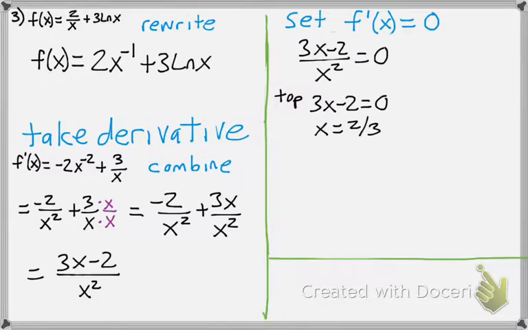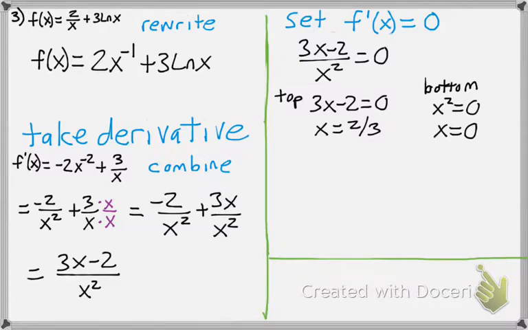And then we have the bottom, which is x squared is equal to 0. So then x is equal to 0. Now, my critical points occur where the derivative is equal to 0 or where it's undefined. So the 2/3 and the 0 are potentially my